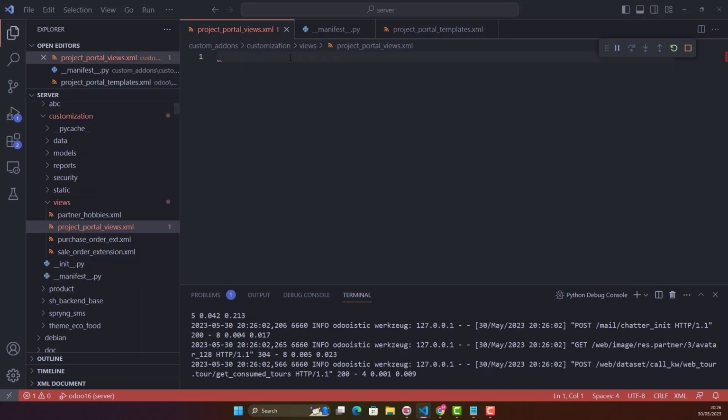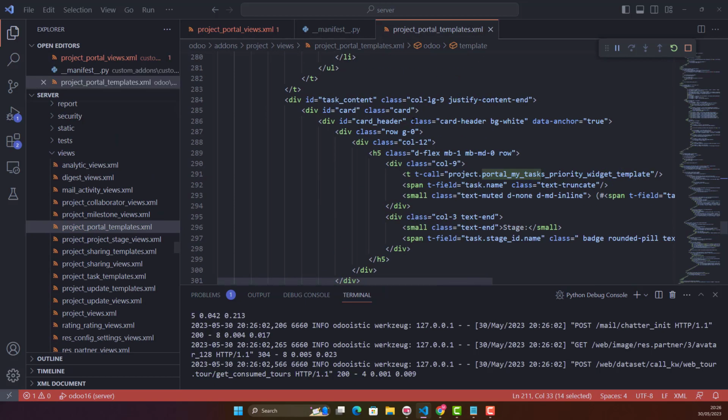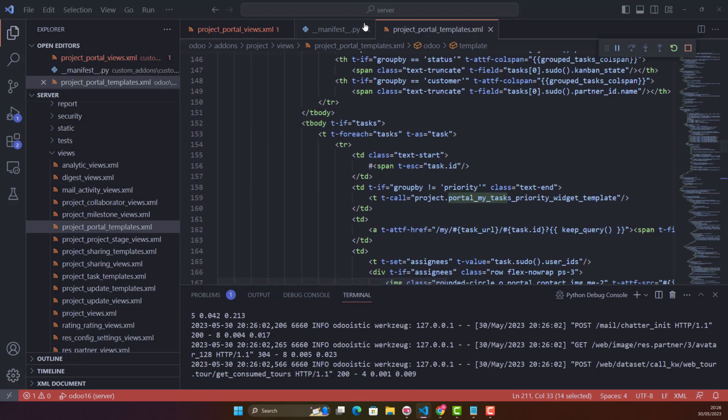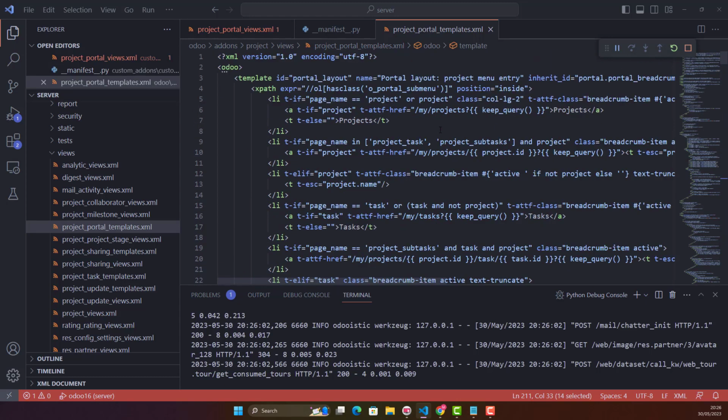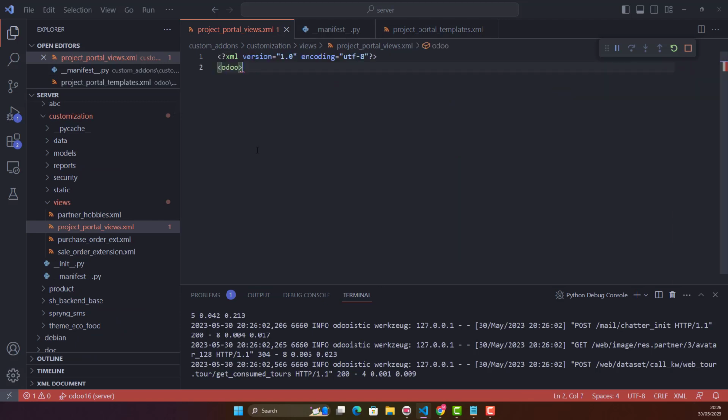We have already created our file. So let's just copy the content. Let me just copy the basic syntax from here, and paste it here. So that's it. And we can start by template ID, and we say anything. We say portal my task, and we can say inherit,